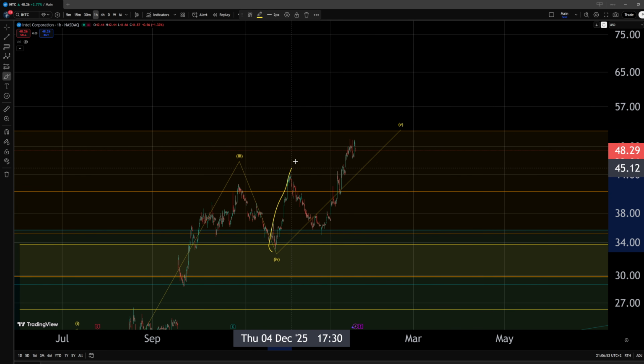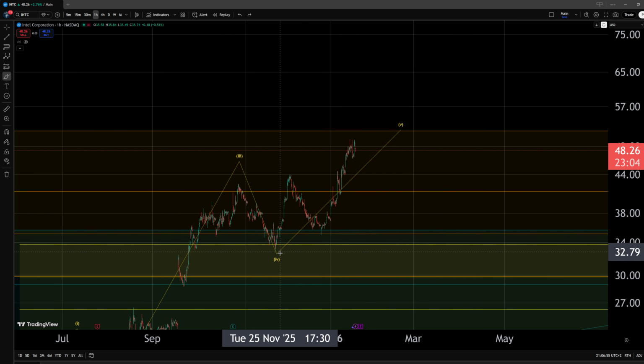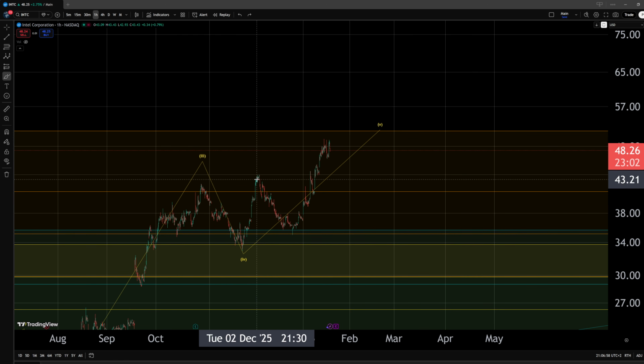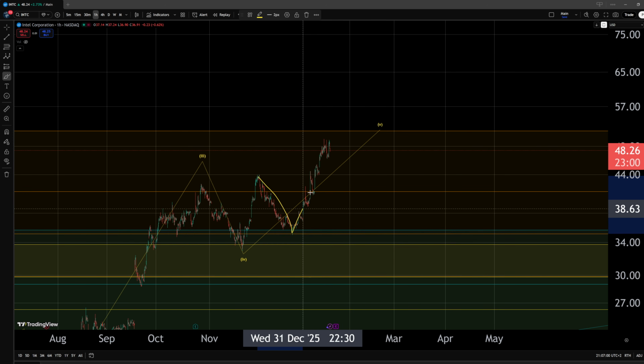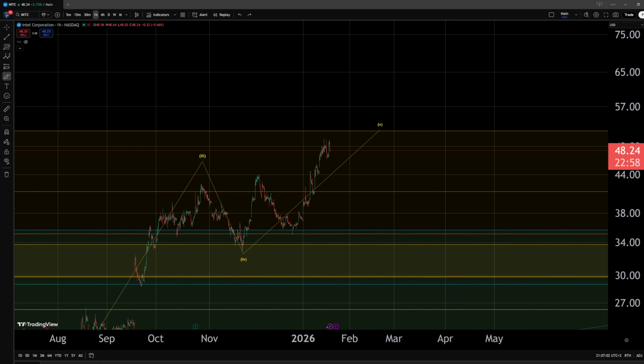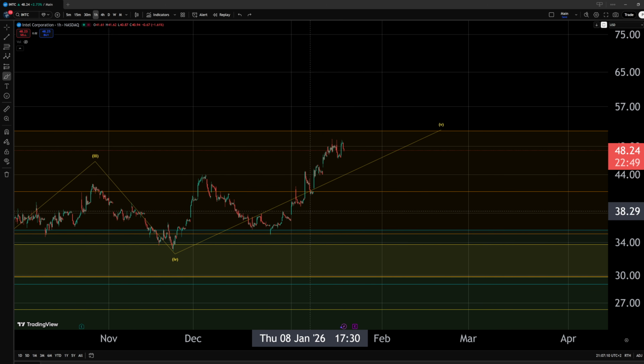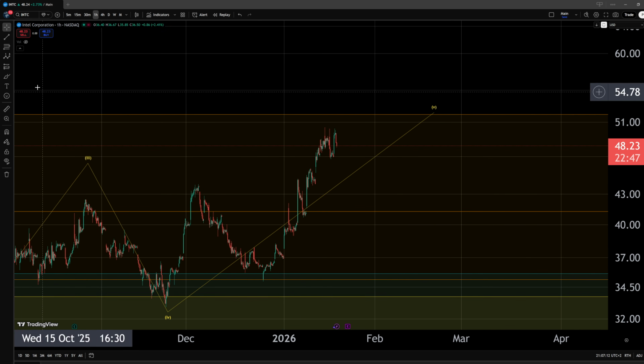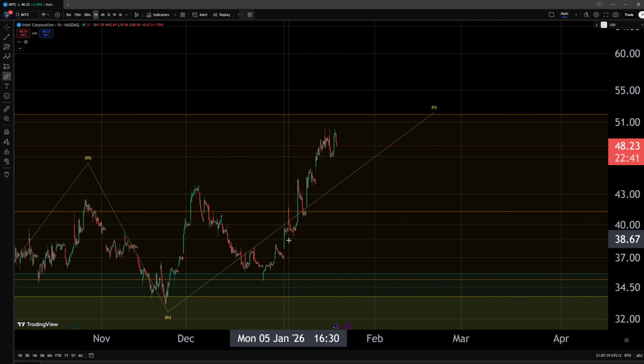Well, the wave A is complete. In my opinion, I wouldn't be looking for anything more to do with it. We have here the correction in a wave B and then a wave C that we can track in this area. The wave C is a 5-wave structure, and within it, I am tracking an ending diagonal because we have formed clear corrective structures in this area.